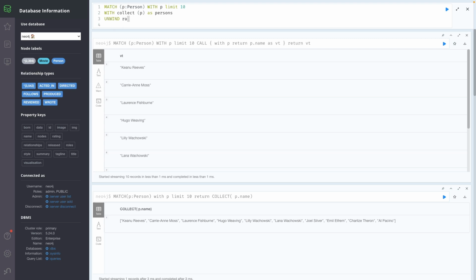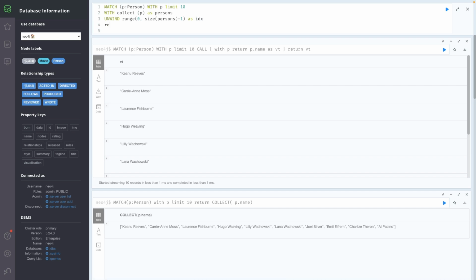So what I will do, I will specify the range which will start from 0 and will calculate the total length of my data, which is in persons, -1 as index,